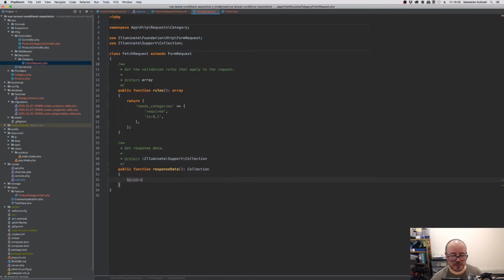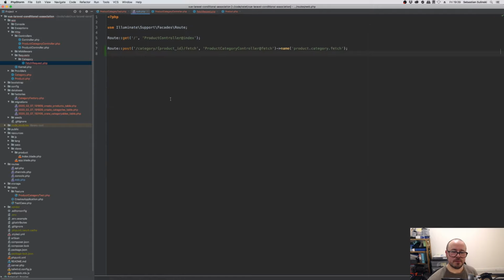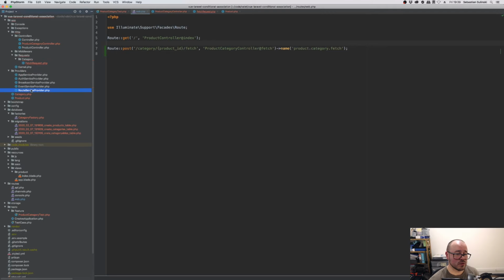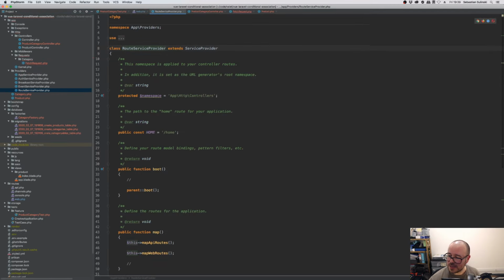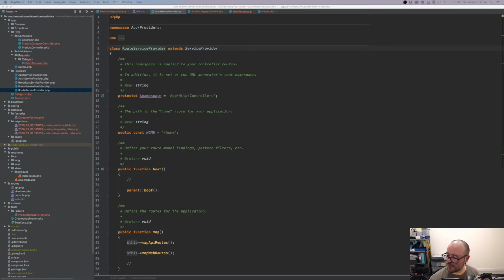So product equals, and now we have this argument here. We have the flag for the product, where the product ID will go, but we're not resolving it anyway. So let's just go to the providers, open the root service provider, and inside of the root service provider, what we're going to do is under the boot method,